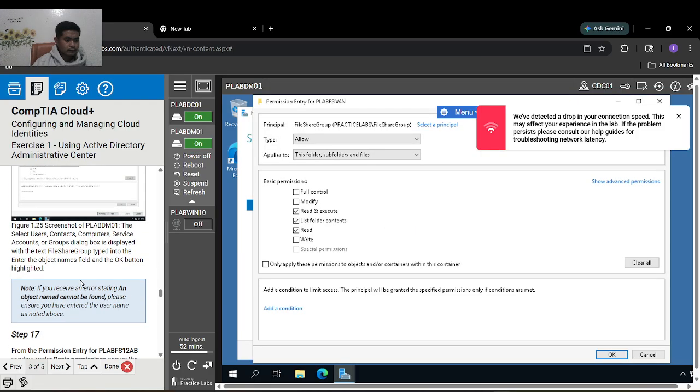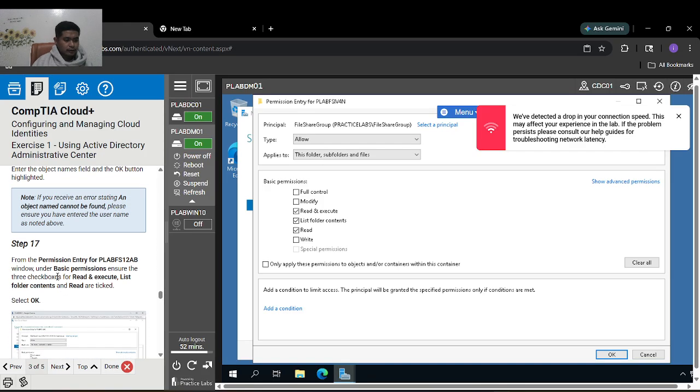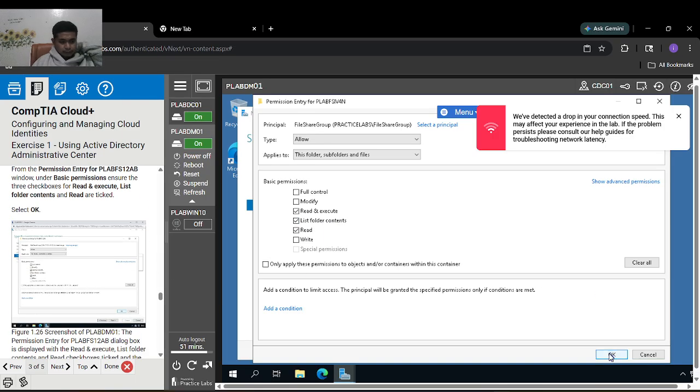If you receive an error stating an object name cannot be found, please ensure that you enter the username as noted above. So from the permission entry of PLAB window, under basic permissions, ensure the three check boxes of read and execute, list folder contents, and read are checked. Read and execute, list folder contents, and read. Select OK.